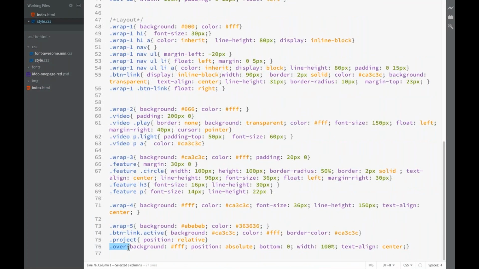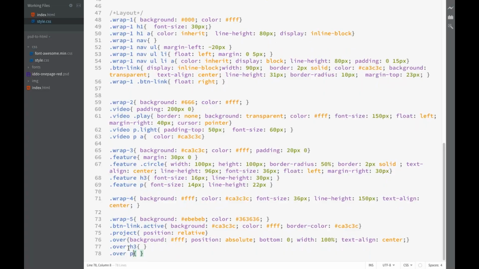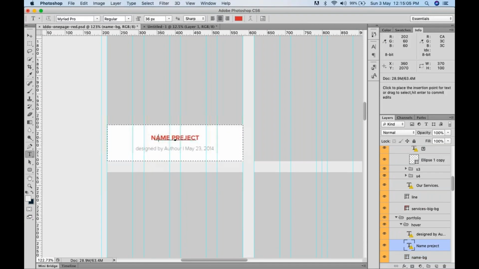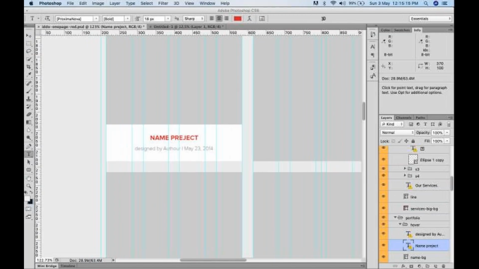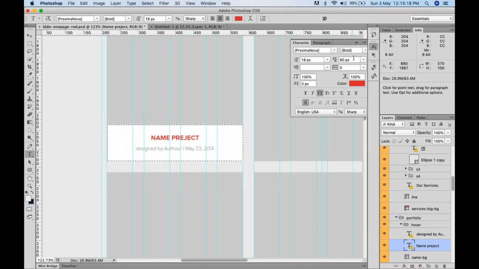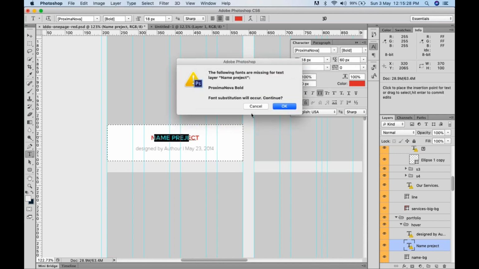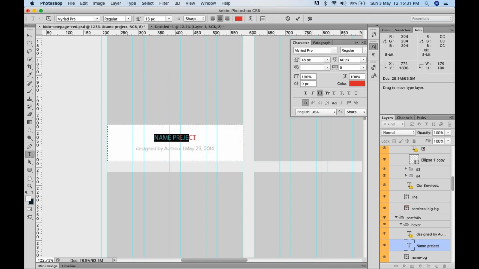Okay, so we have ours H3 and P. Now let's take this one. It's Proxima Nova bold and 18 pixel. So for H3, font size is 18 pixel and line height is, use corrector tool. Oh, 1 second. It's 18 and line height is 60. 1 second. Okay,